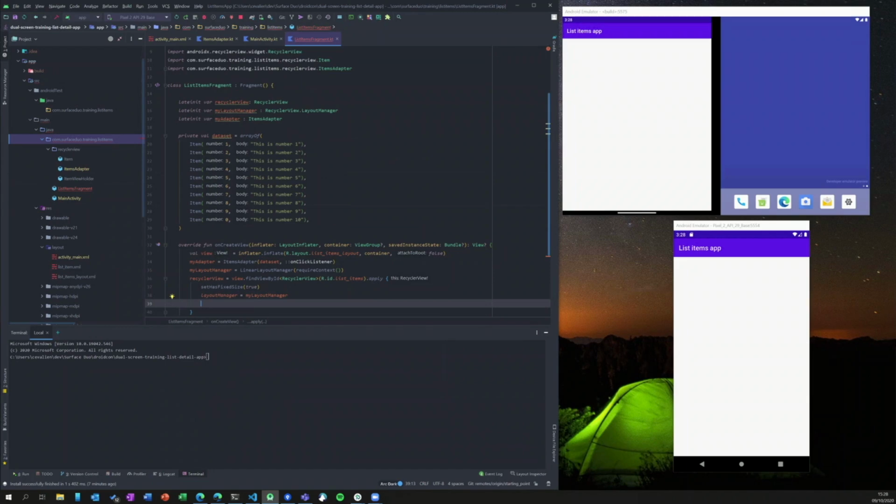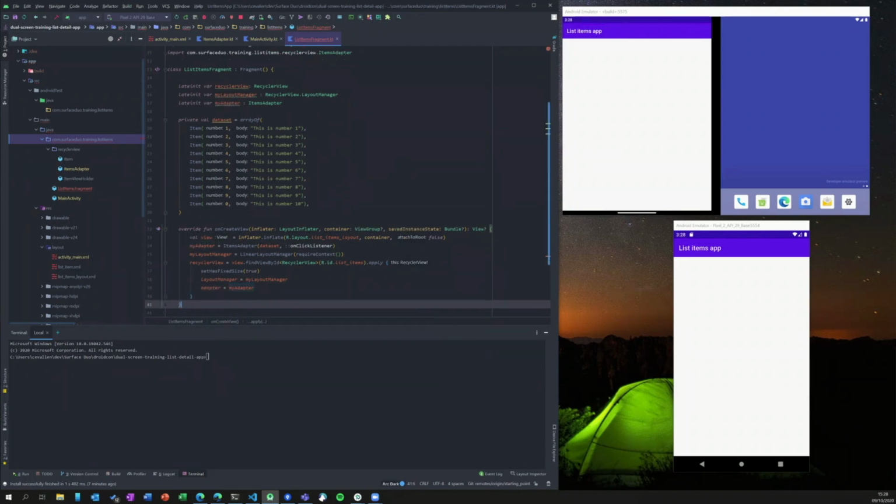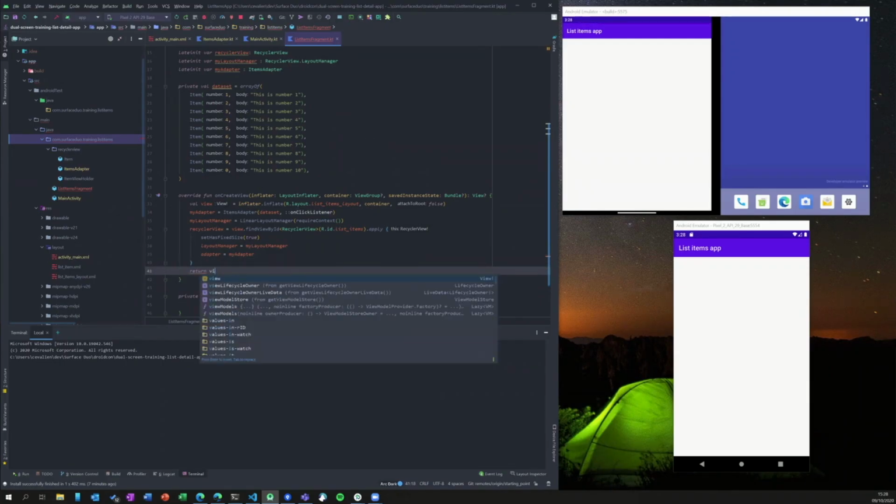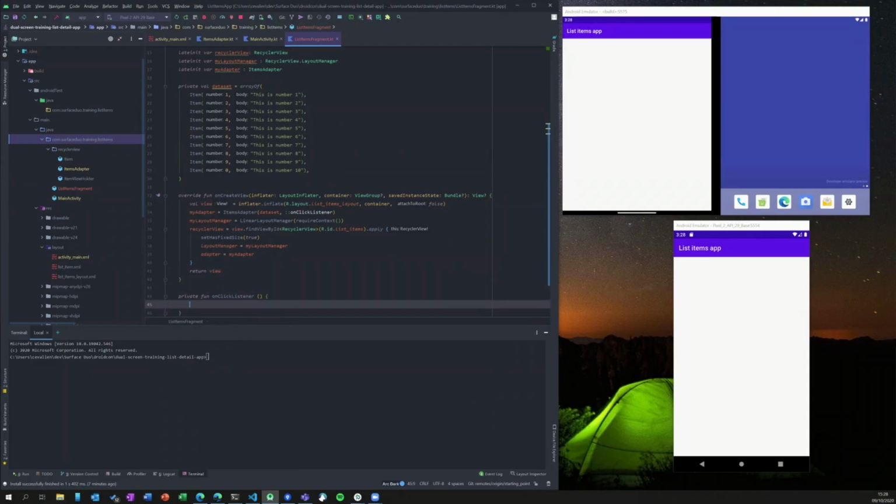the adapter. The adapter is the adapter that we have here, and basically we will be returning the view. Okay, so here we will have it, and then here what we are going to do. So this is the click listener that we are going to use every time that we tap on an item. So here then what we are going to do is just